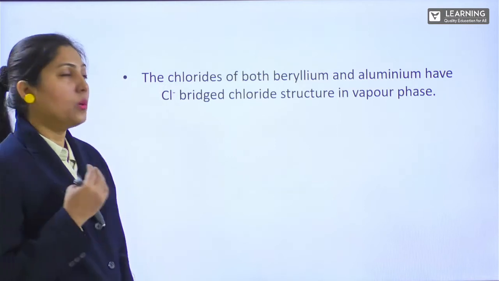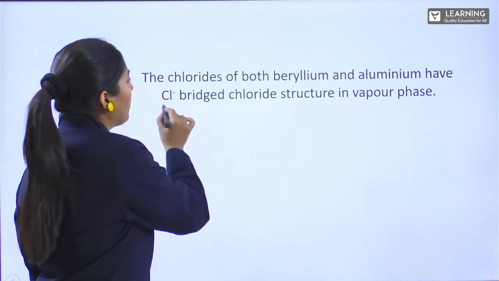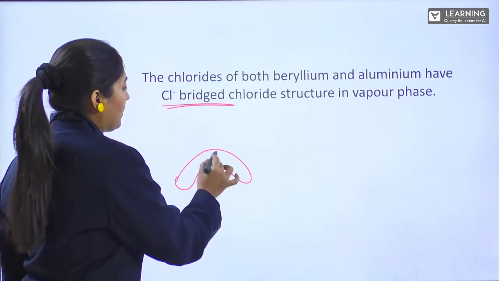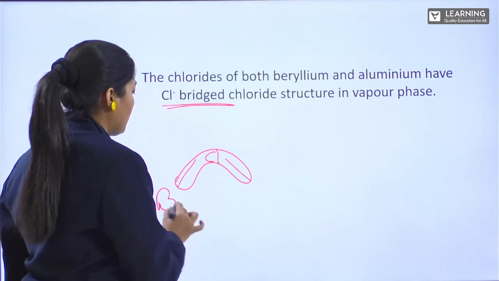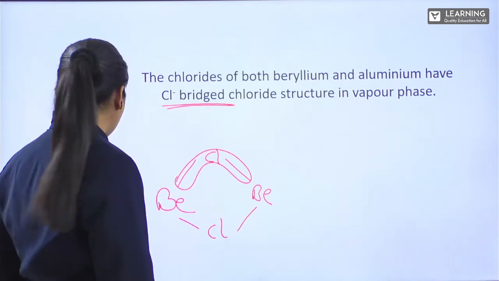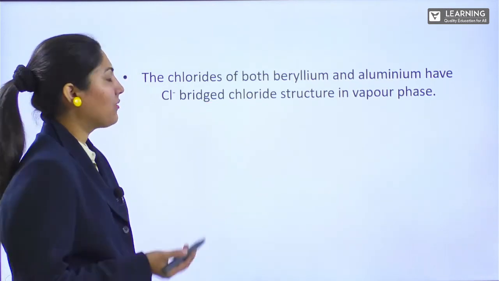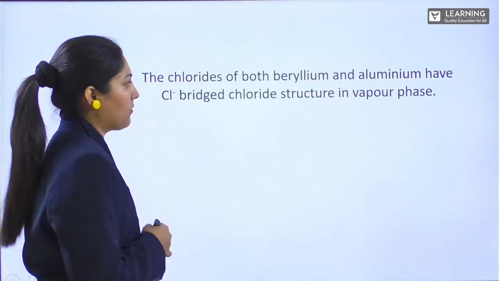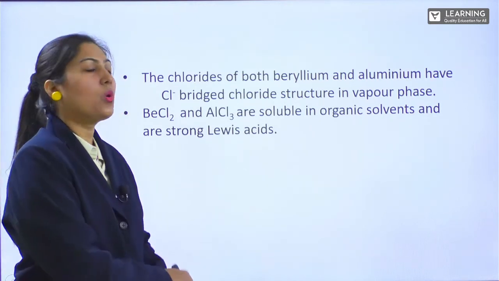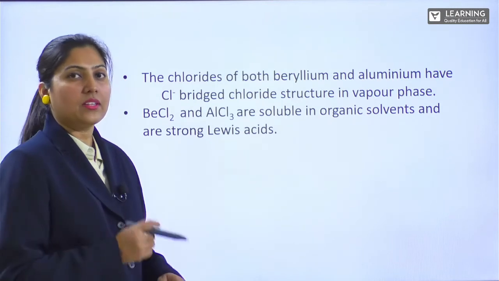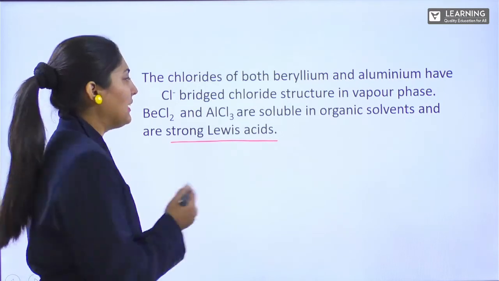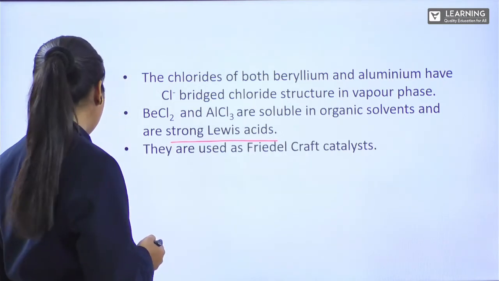The chlorides of both beryllium and aluminium form a bridge. As shown, what happens? You will get a bridge, right? The chlorine can be attracted by both the beryllium atoms. Similarly, aluminium will also have a chlorine bridge in the vapor phase. So it is soluble in organic solvents because they are more covalent in nature than ionic. They are also soluble in strong Lewis acids, and they are used in Friedel-Crafts